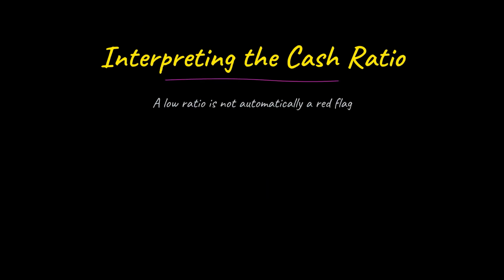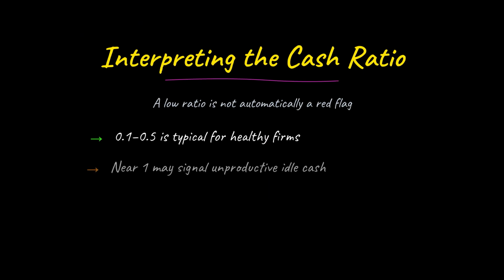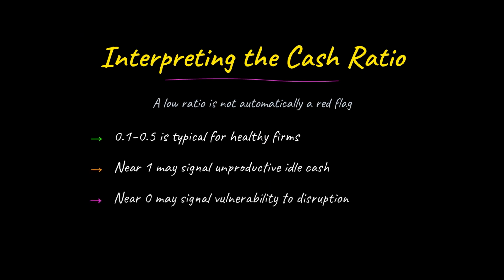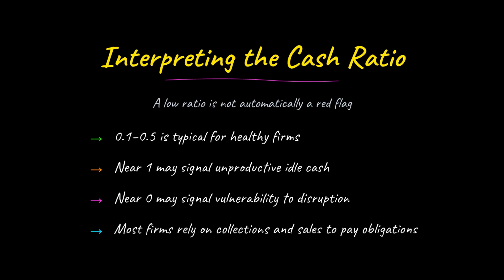Most healthy firms carry a cash ratio well below 1 because they rely on receivables collections and inventory sales to meet obligations as they come due. A ratio near 1 may suggest excess idle cash, while a ratio near 0 may indicate the firm has little